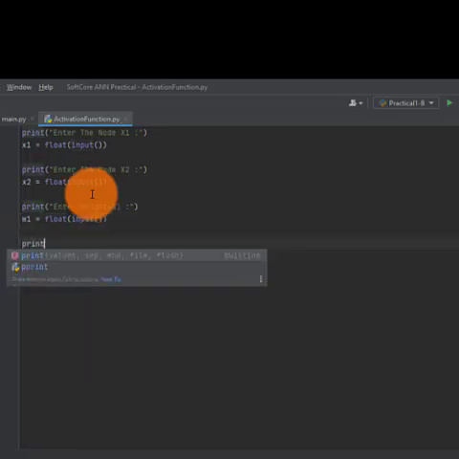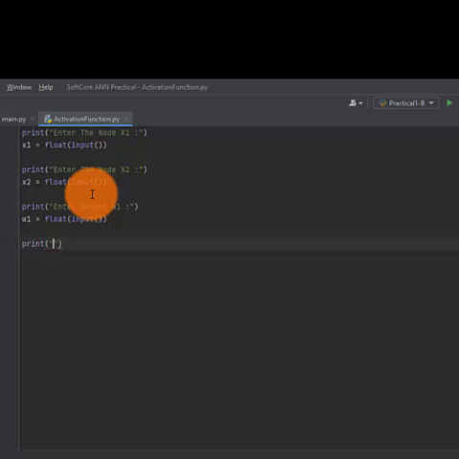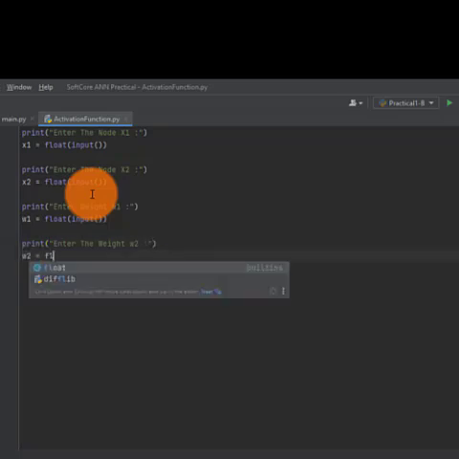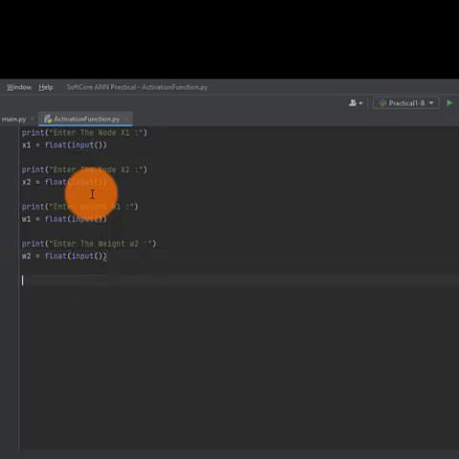Same for the second node x2, enter the weight w2 equals float input. Now take the input as bias, enter the bias, store in b, float input. Now all the inputs are ready.